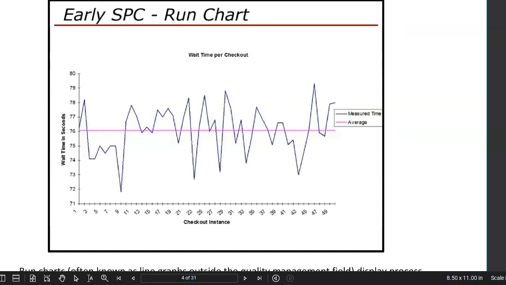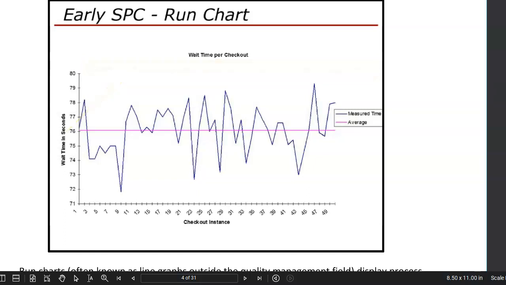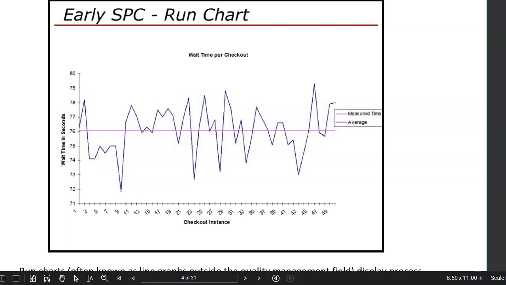So now I'm taking a look at a visual display of variation in a system where on the x-axis I've got time or occurrence, and on the y-axis I've got the output of the process. This is drawing a chart of wait time per checkout, and we can see variation occurring here, natural wiggle in the system. My question to you is, if we take a look at this really low point, or this really high point, or this point right around the mean, which one of those is output that is associated with common cause variation, the controllable, regular, built into the process variation, and which one of those occurrences is a special, unique,